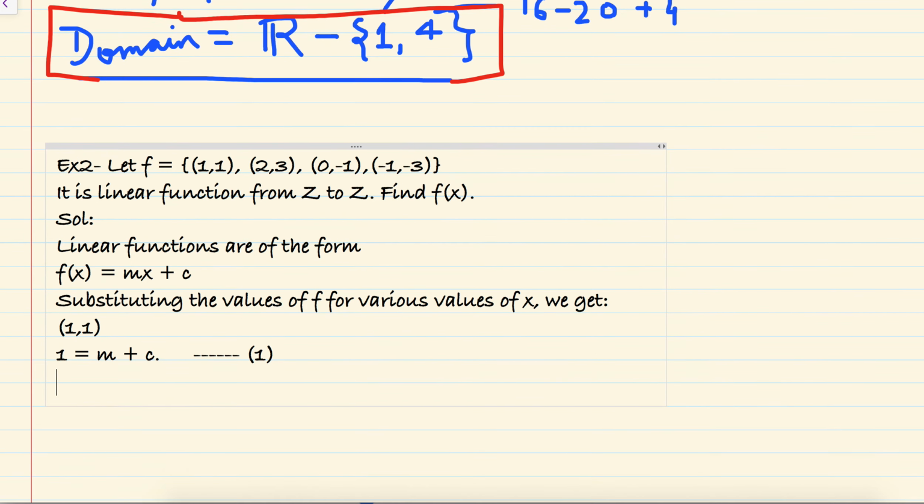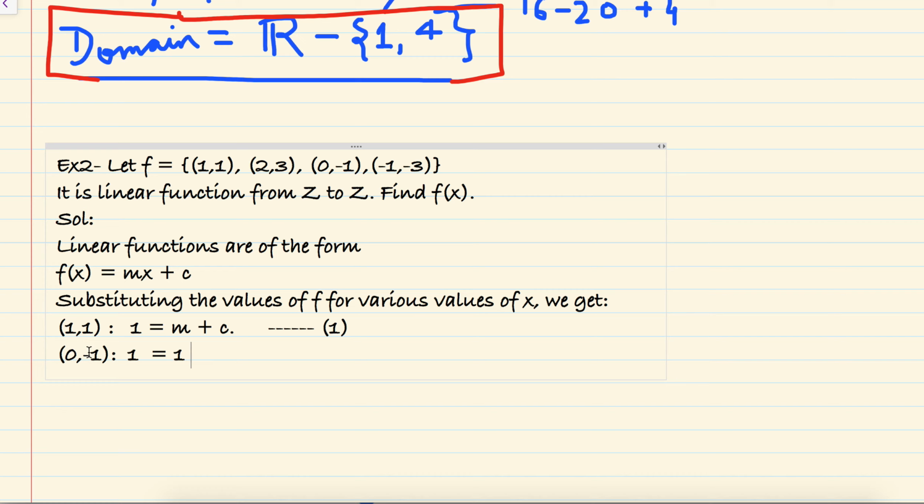So m plus c is 1, we got one equation. Now we will substitute, let's take this point 0, minus 1. We could have taken the second point also. So here f is 1 and x is